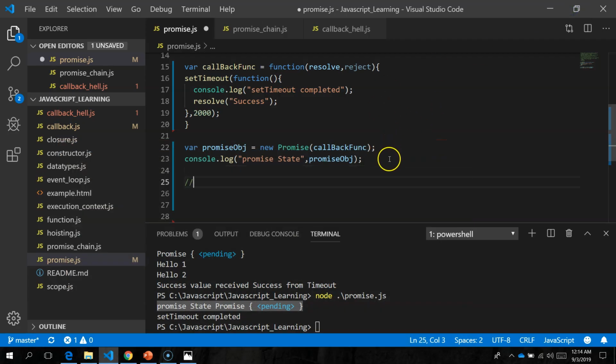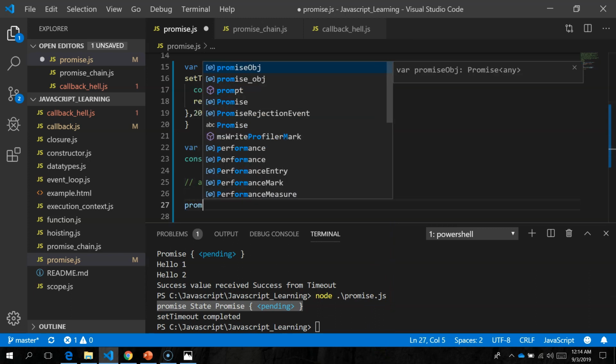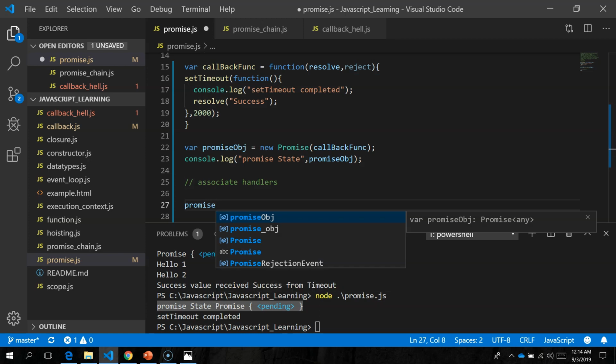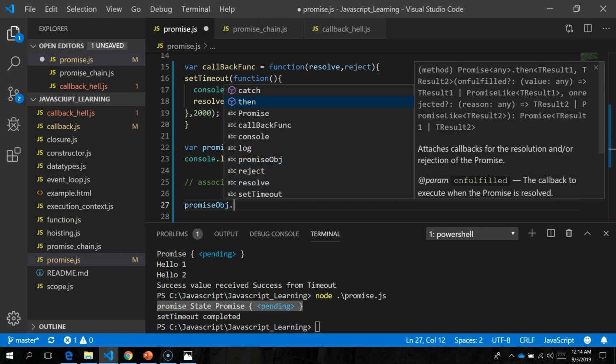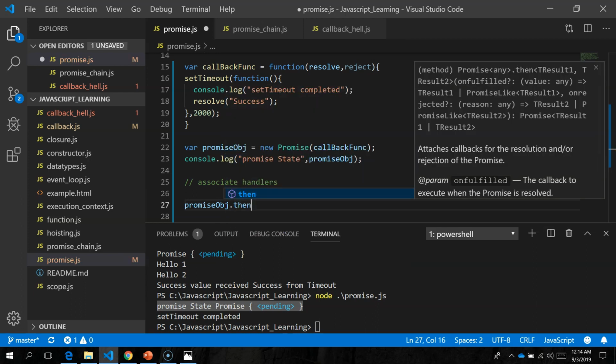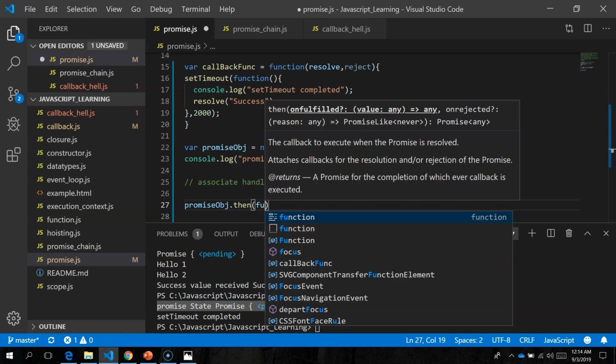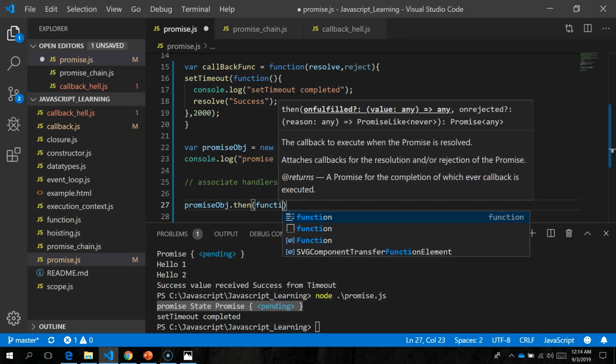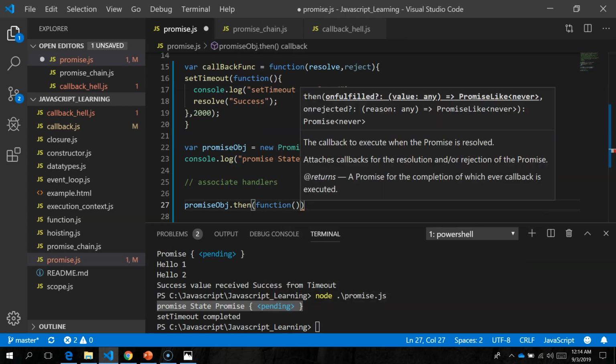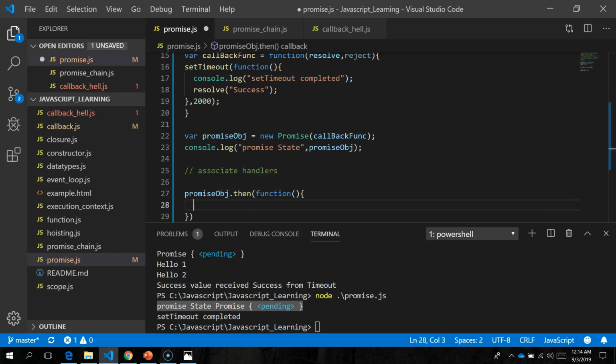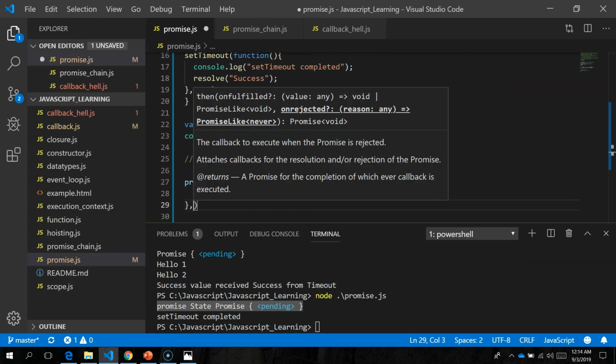So now let us associate handlers. How will we associate handlers? By calling then on the promise object that the new promise returned. The first callback we are passing to then will be for success. The second callback will be for failure.